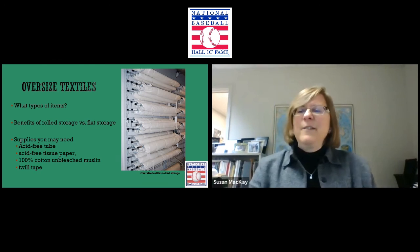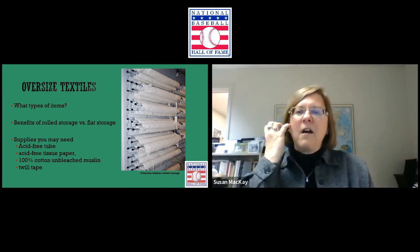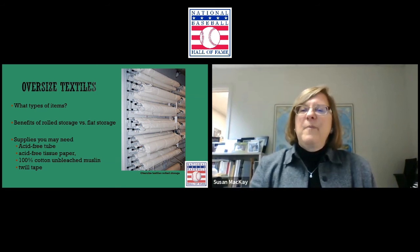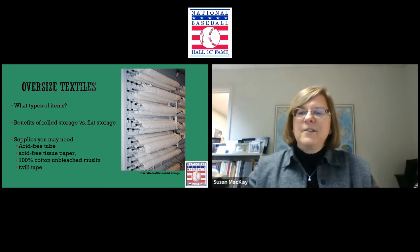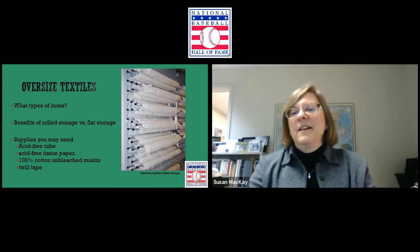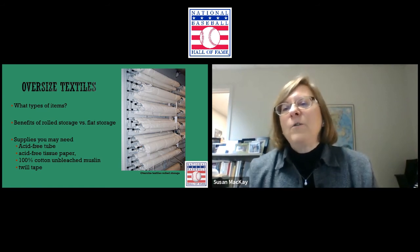Yeah. And so really rolled storage is the way to go if you have very, very large textiles. It's just so much easier. You would buy an acid-free tube. Then you would lay down your acid-free paper. You would roll that textile slowly on that tube, and then have your muslin. You see the cotton muslin on the outside, and that's that twill tape that you see that's holding it all